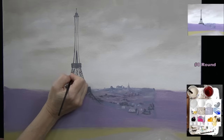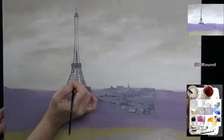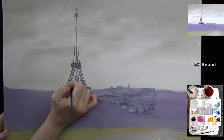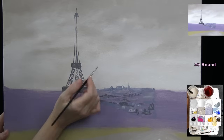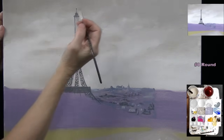And I need it to connect to these edge marks, those exterior lines that we made. So I'm just making sure that that happens. And then I just kind of, oops, I just went outside my lines, that's okay. Make a whole bunch of those X marks. I'm going to do the same thing up top. Again, just with my gray